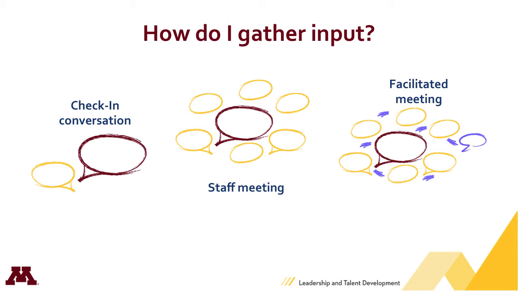In some cases, it makes sense to ask someone from outside your team or department to facilitate a discussion or gather input, say an external consultant or a human resources professional. Whichever approach you take, remember that the purpose of gathering input is to understand how your team or department is doing when it comes to creating the 10 conditions that foster employee engagement. What is going well, and where could you improve?